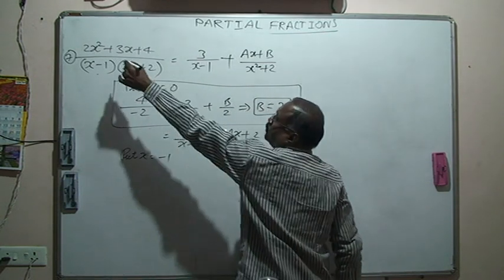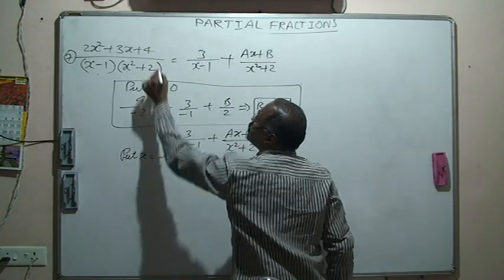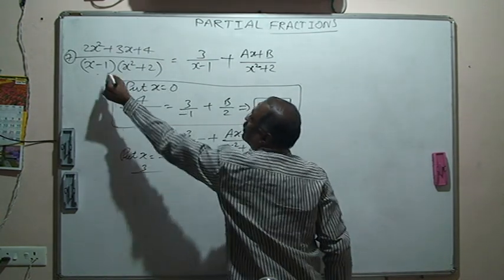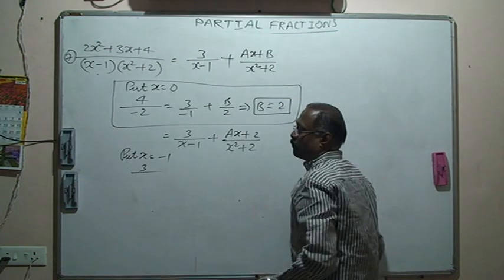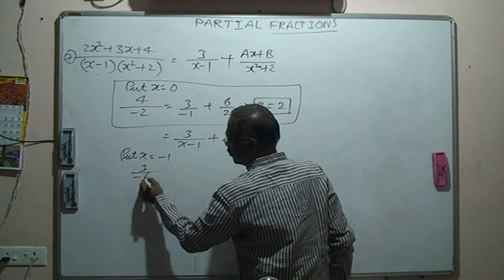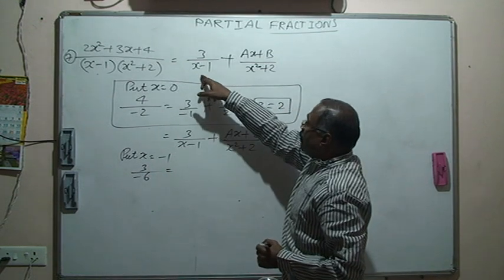Then 2 minus 3 minus 1 minus 1 plus 4, 3. x equal to minus 1: this is minus 2, this is minus 2, this is 3. Minus 2 into 3, minus 6. Done. Now coming to this, 3 by minus 2,